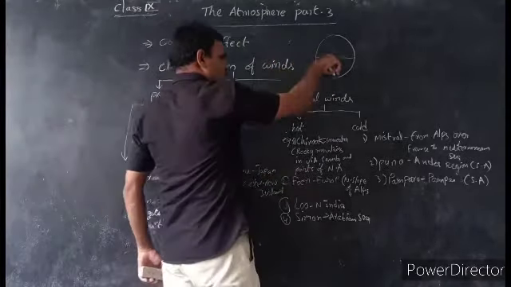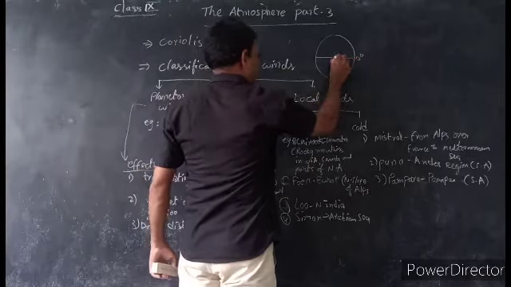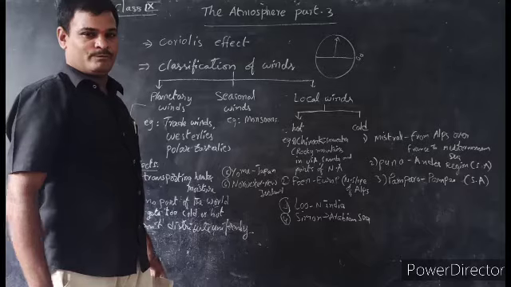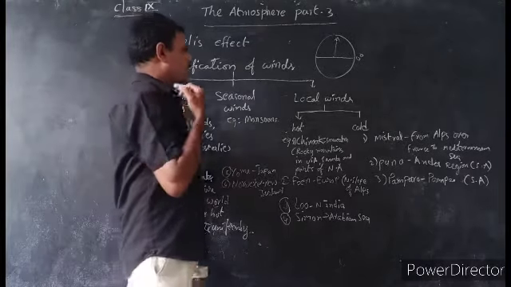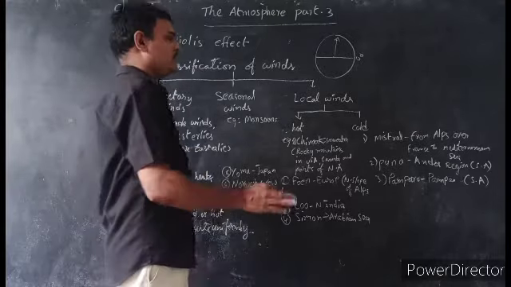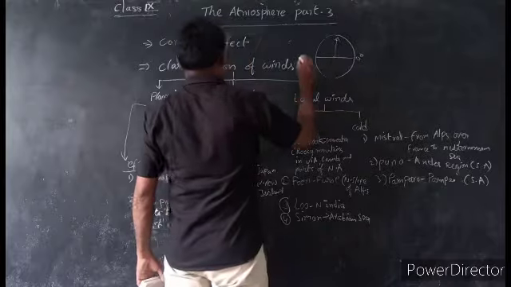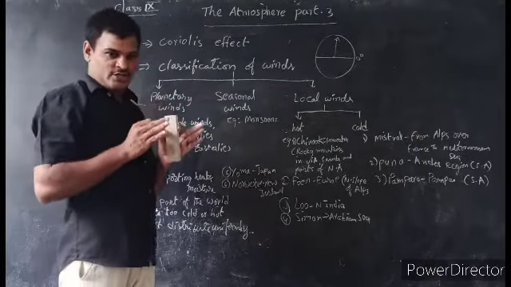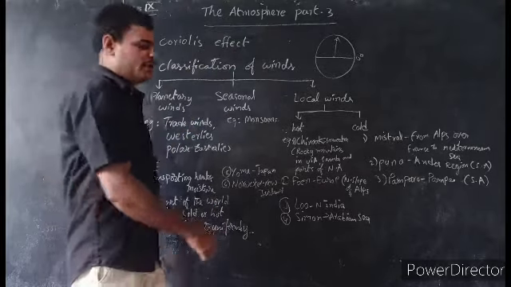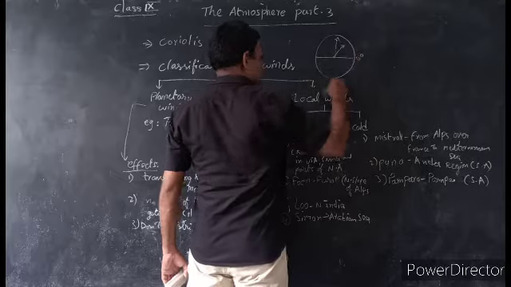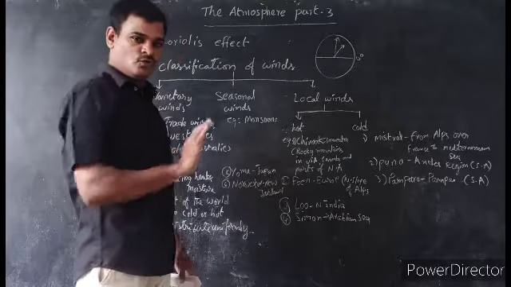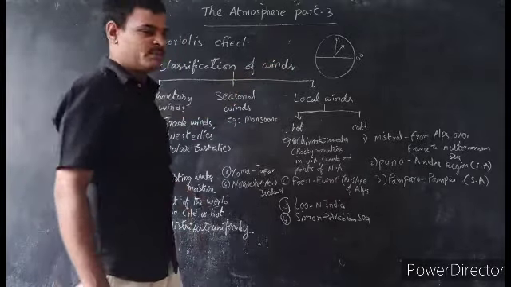Normally, we expect that, this is the northern hemisphere, this is the southern hemisphere, this is the equator, and that wind moves in a straight line. But actually wind does not move that way. Because of the rotation of the earth, the winds slightly move to the right in the northern hemisphere. Slightly moving to the right means towards the east.